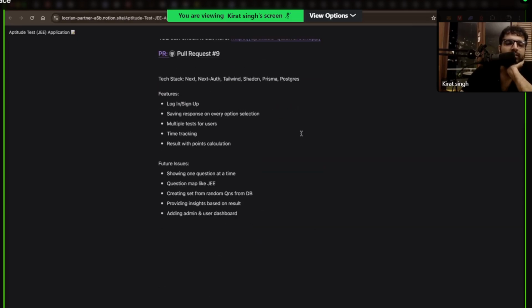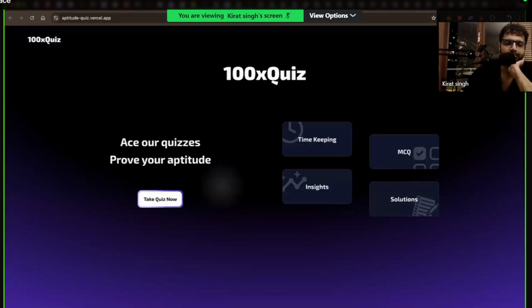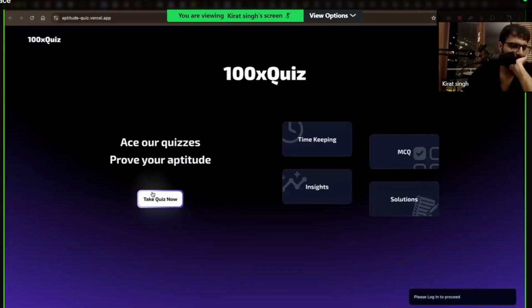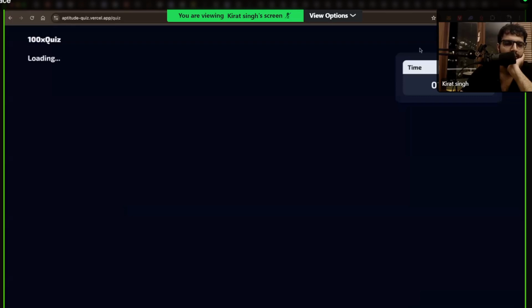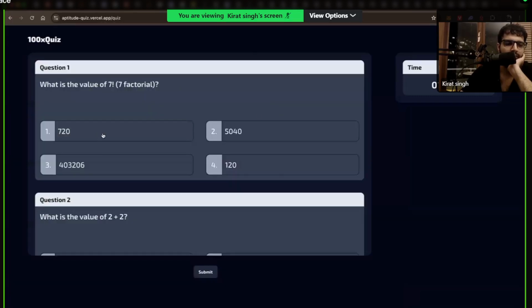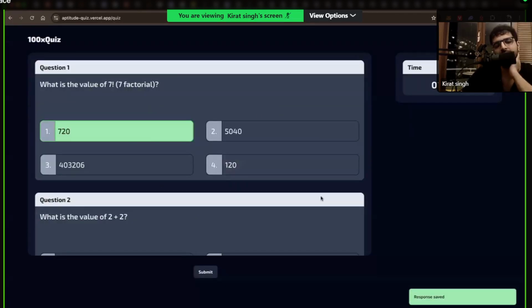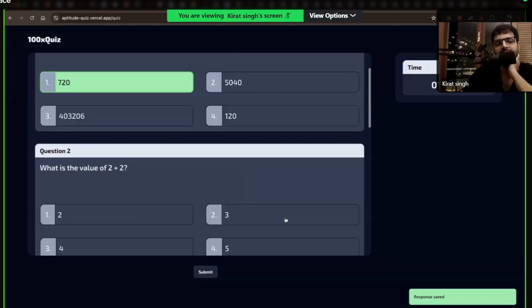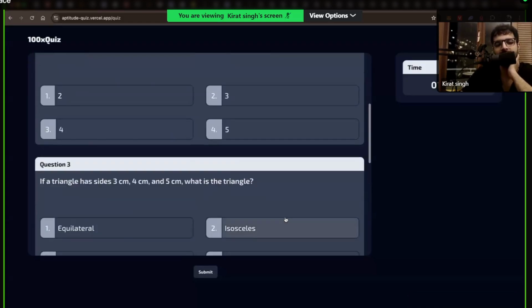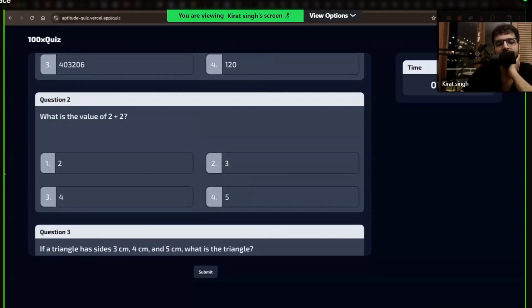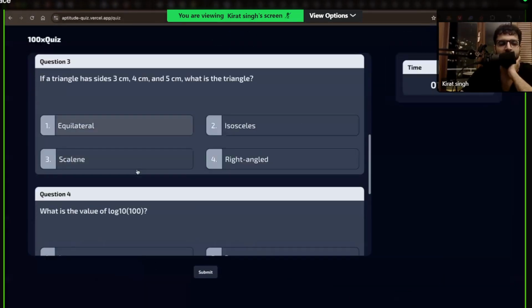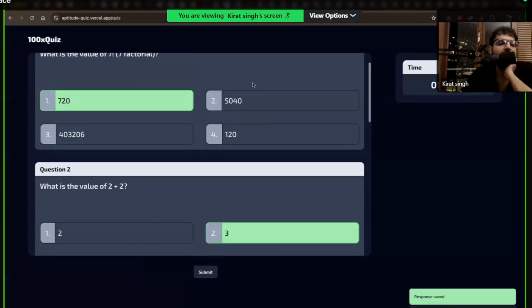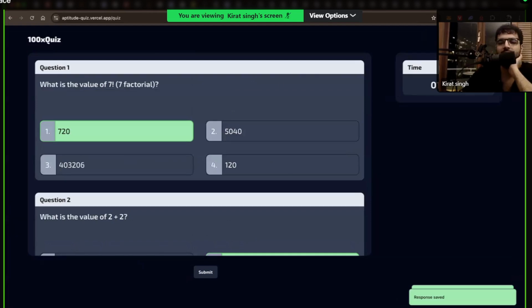Someone else also created the J website. Let's see. Don't over optimize on design, guys. Oh, okay. Let's see. I see a clock. I see a few questions. The UI also, why have a few people created very similar UIs? Is this some AI that everyone's using? The UI looks very ugly, not the code. And this also looks like that. Are you guys using AI to code? I don't know.